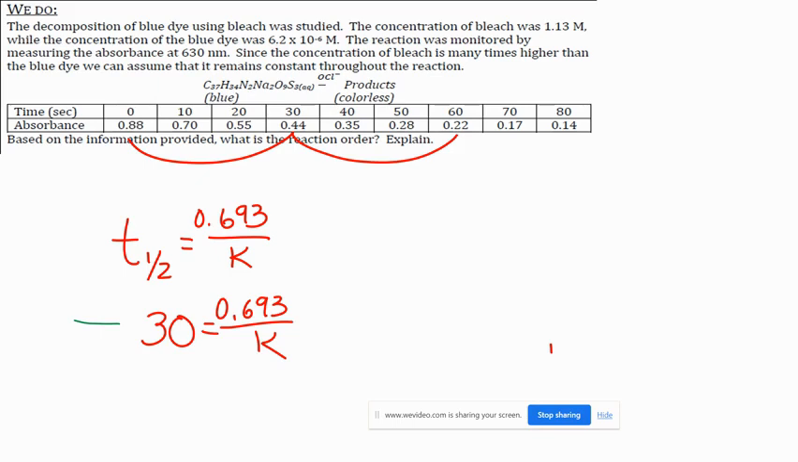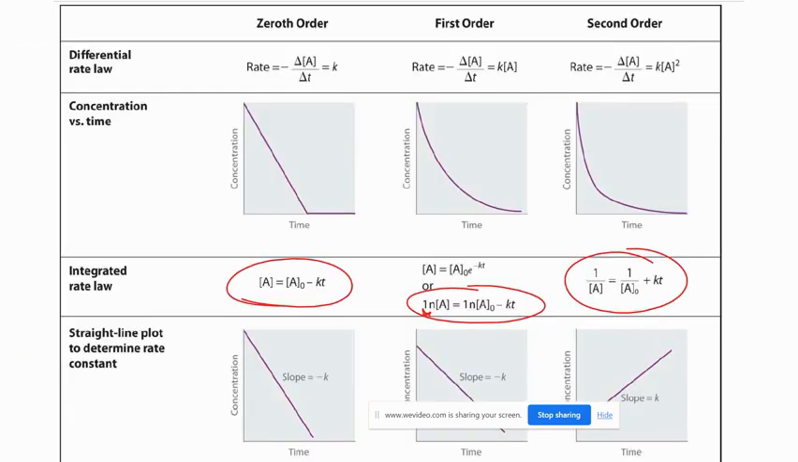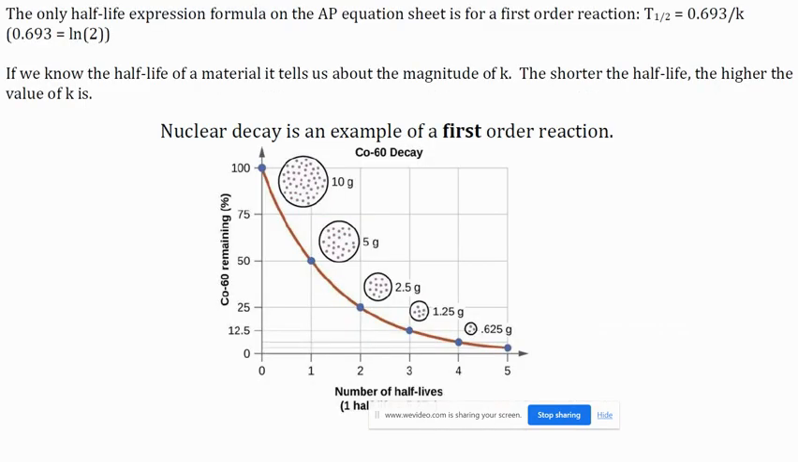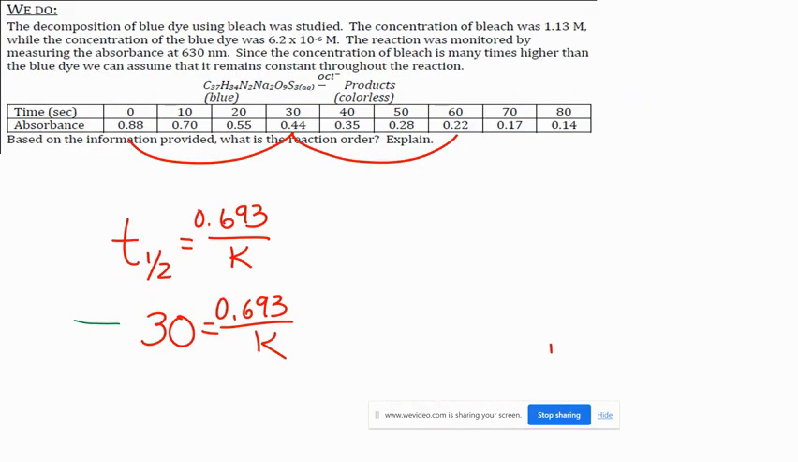Okay. So we had talked about some of these equations the other day. We had this chart here where we had first order reactions. We were given this equation. Remember that guy from last week? Okay. So that's what I'm going to use for this. So I've got my natural log